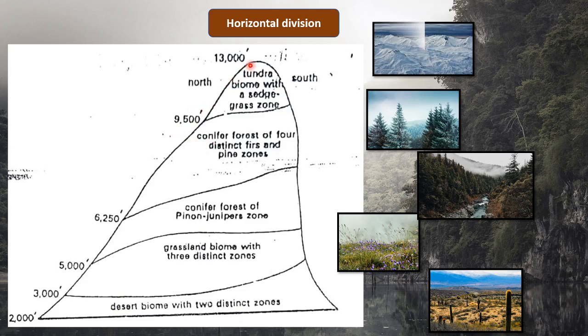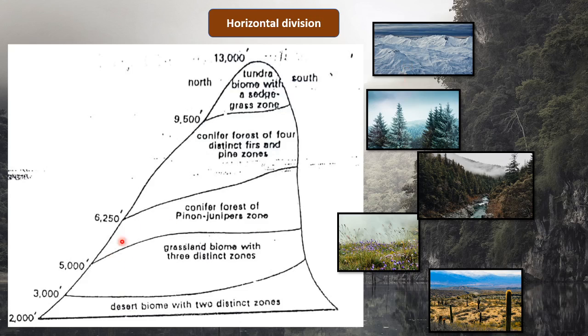As we reach towards the top of the mountain, you will be able to see that there is tundra biome. Now what is tundra biome? Tundra biome is a biome where there is a totally snow covered area, and as there is totally snow covered area, there is almost no vegetation present, and if vegetation is at all present in this area, then it would be frost vegetation, right? So this is called tundra biome. So as we reach the top of the mountain, we can see that there would be tundra biome. This, as I told, is an example of mountains of Western North America.